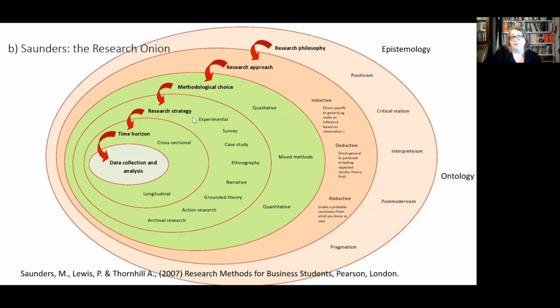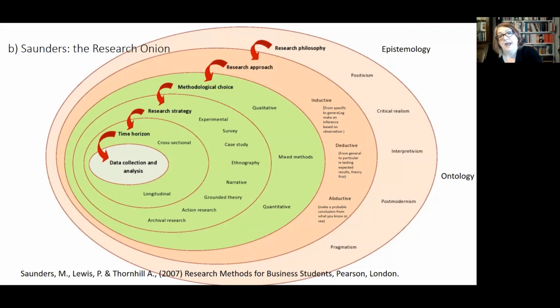And then it might move to research strategy, in other words, the methods that you're using. And then it might talk about how long you are doing this for. Are you doing this as a one-off interview process, or are you doing it over time? And then you'll talk about your data collection. So this research onion is basically the same things that were covered in all the other thesis methodology